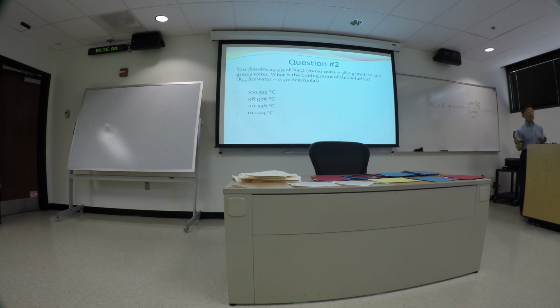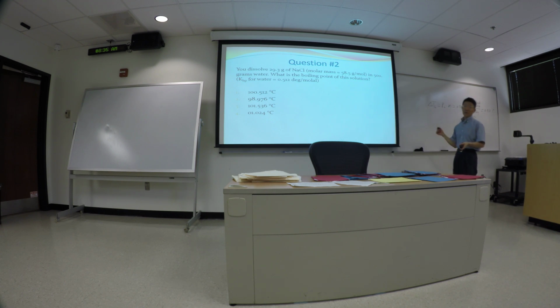So the change in boiling point of this solution is going to be 0.512. What is the boiling point of pure water? 100 degrees. So the new boiling point of the solution would be 100.512. You add this change to the boiling point of pure water, 100 degrees. So the answer